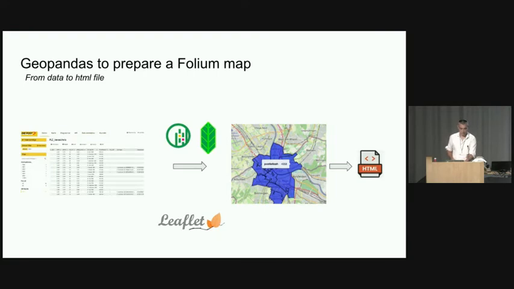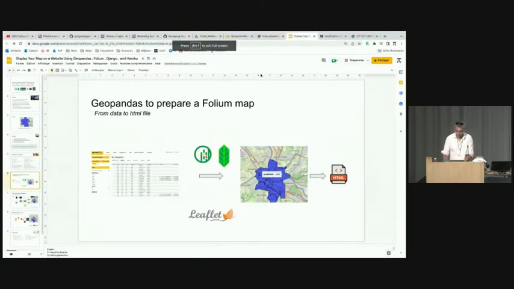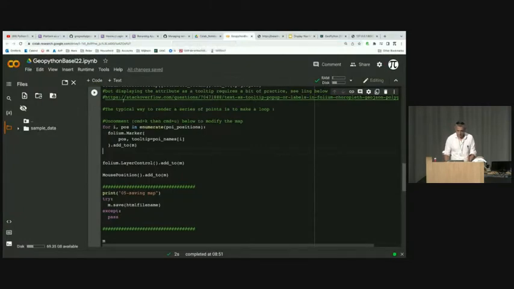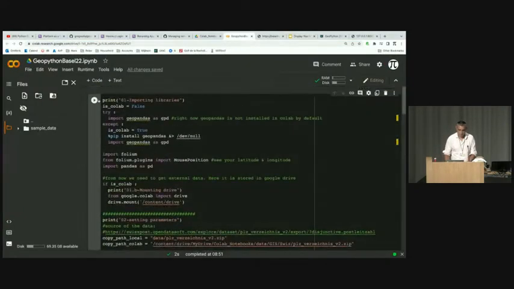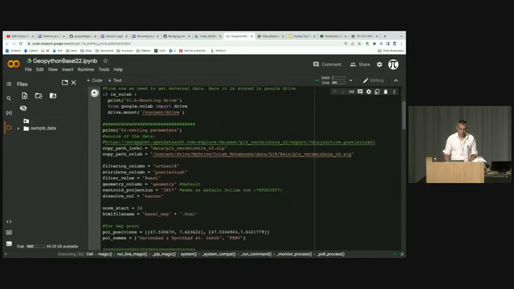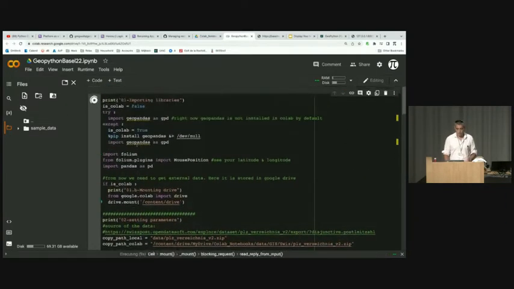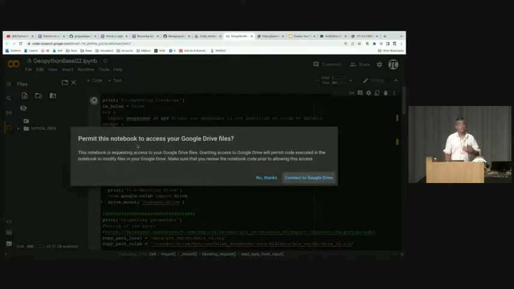So let's just quickly look at this. We'll see if it runs. Once again, usually the steps for such a process are just to import your libraries. There's a difference if you use Windows or a Mac when you want to install GeoPandas. If you want to install GeoPandas on a Mac, it's easy. You pip install GeoPandas. If you install with Windows, you will need to install some of the dependencies, which are